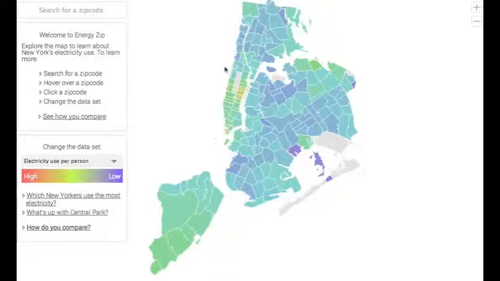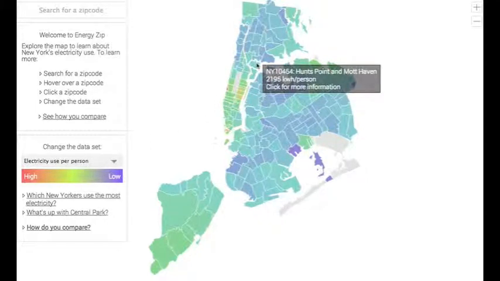What we wanted to do was see if we could find a range of different measures which started to highlight some of the differences in energy use around the city. The site starts off measuring electricity use per person, so you can see that listed down here. And if you hover the mouse over different zip codes, you actually get the explicit energy use per person for